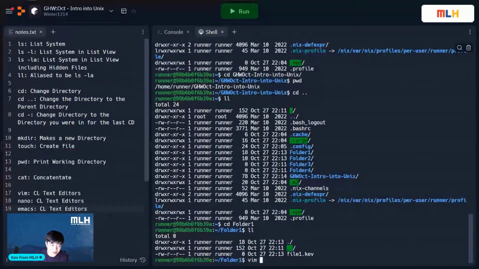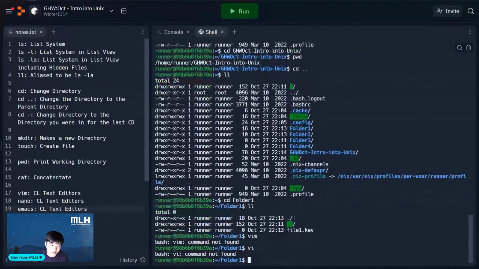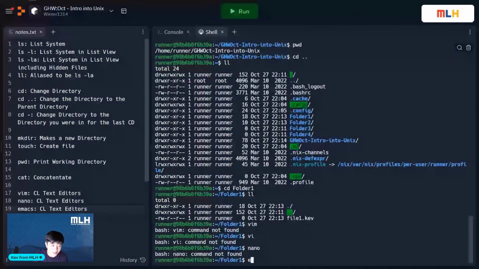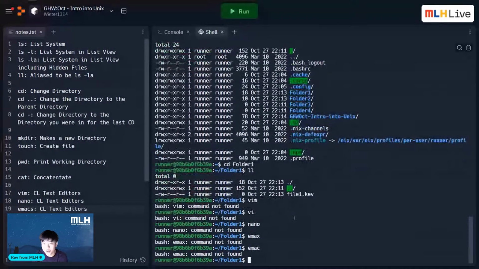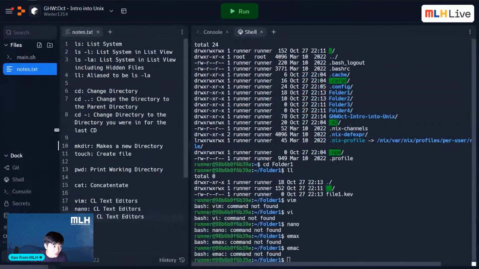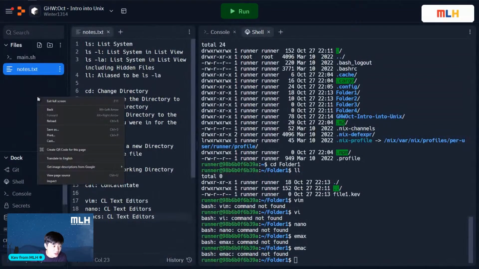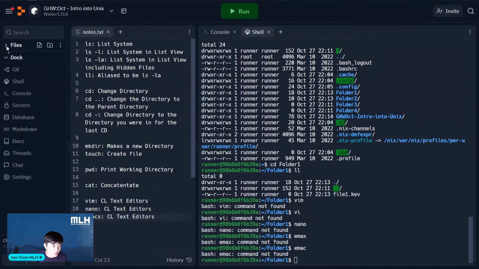Let me see if Vim is on the system. Vim is not. Is Nano on the system? Nano is not. Is Emacs on the system? Emacs is not. These are ones you can generally install onto your Unix machine. It happens to just be not installed on our machine. So what we're going to do is, I'm going to pull this out a bit. And now you can see if I go in here and click on